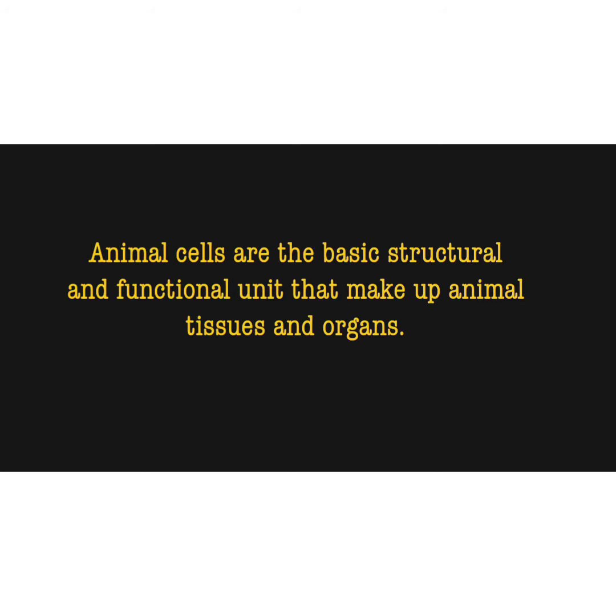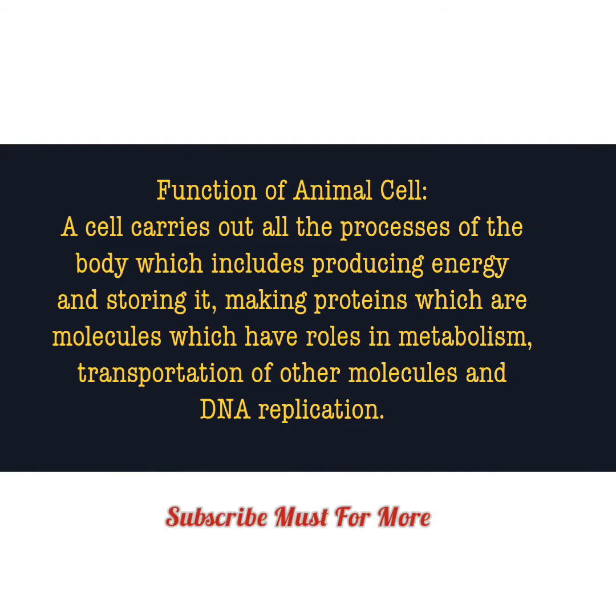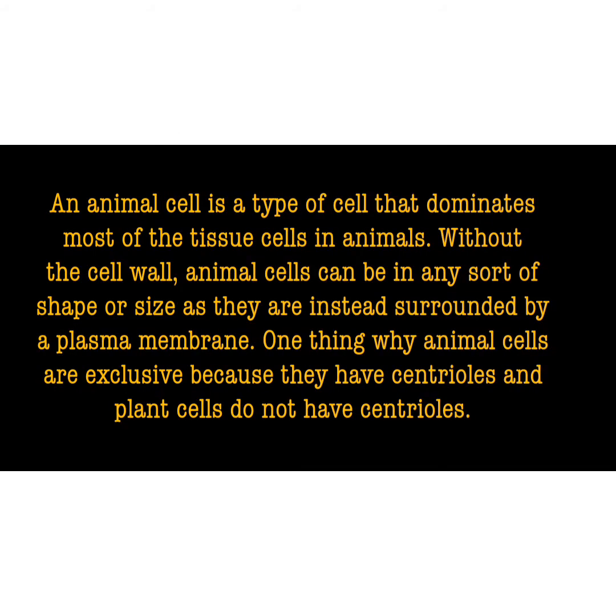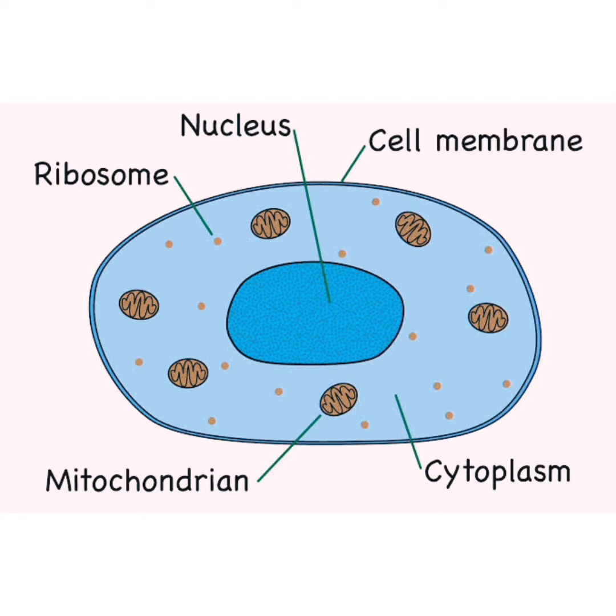So viewers, in this video I am going to discuss animal cells. All living things are made up of cells, and cells hold all of the equipment and information necessary to keep an organism alive. Each type of cell performs a different function. There are nerve cells in your brain that receive messages and others that send messages. There are blood cells that carry oxygen around the body and others that protect the body against disease.